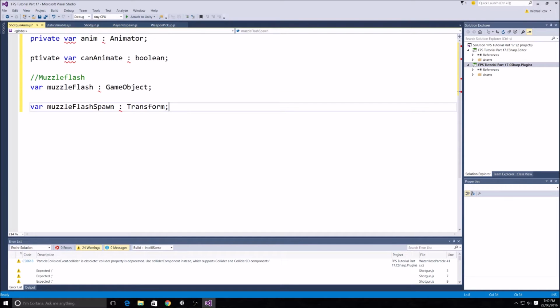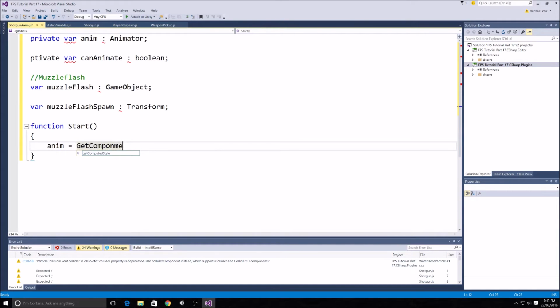Okay, so we've got our muzzle flash variables done as well, and then we'll do function Start, and we're just going to say anim equals GetComponent Animator, and then going to put these and a semicolon, and I have spelt that wrong. Anim equals GetComponent Animator, and then we'll do our function Update,